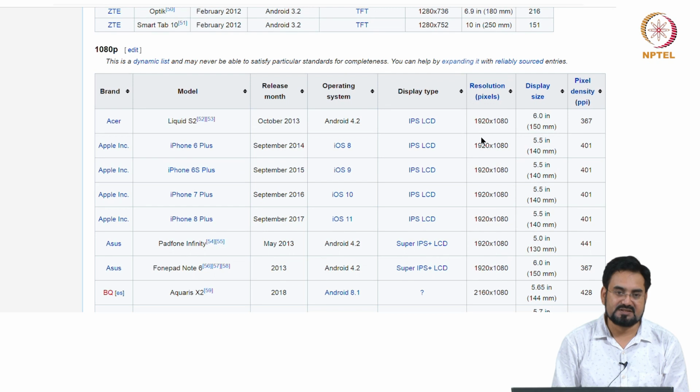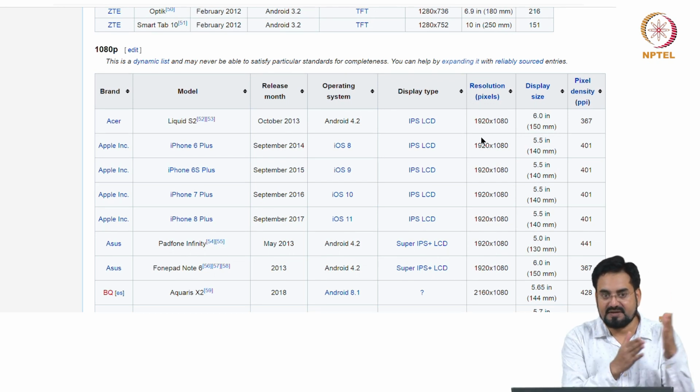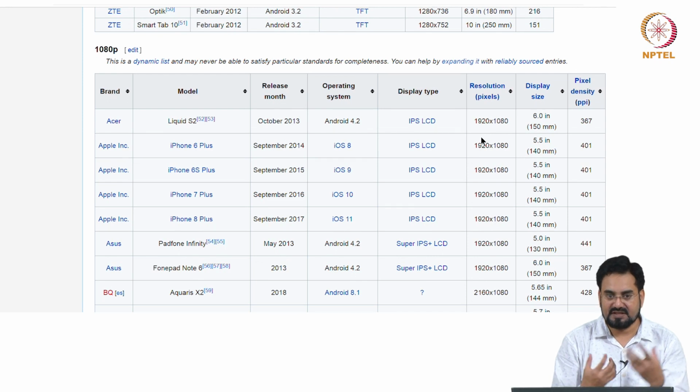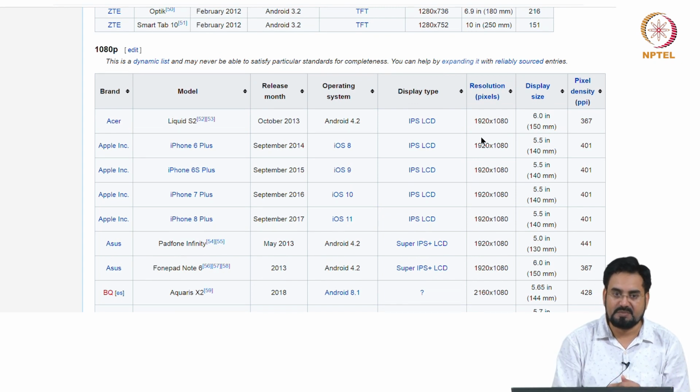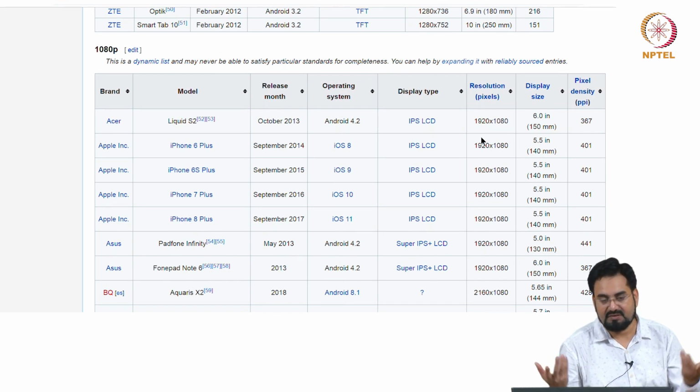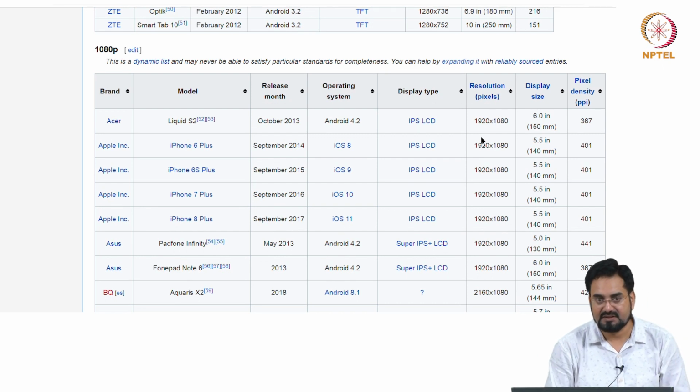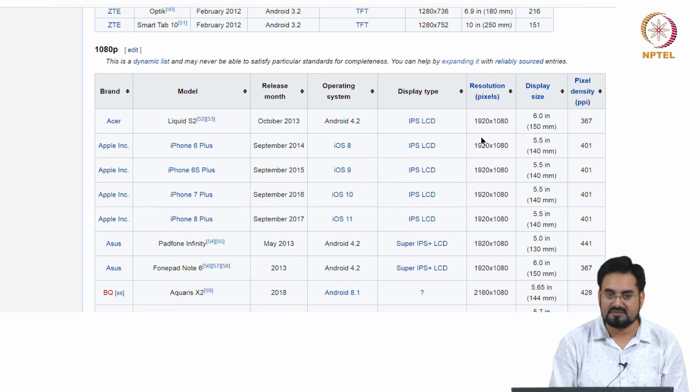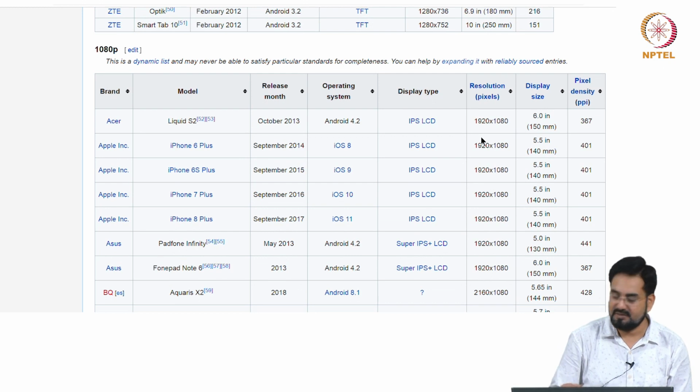So what happens, each bigger display will be divided into subsegments, and each segment will have its own backlight, and they will have their own driver. So if you look at the total number of power regulators, maybe more, or the current capability of the regulator will increase if you are using a single regulator. So obviously the power requirement will change based on the size of the display and resolution both.